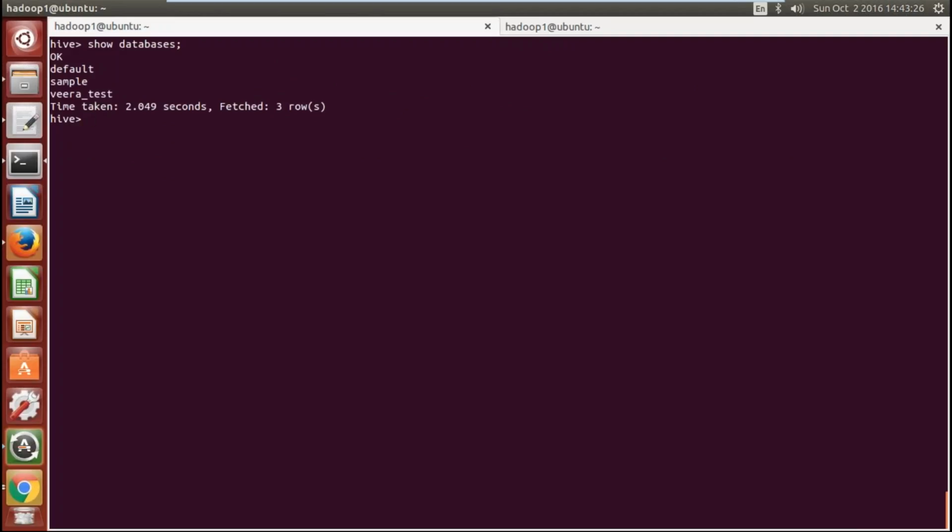So you may not have any databases apart from the default. Default is the default database. Okay, so you can create a database if you want. Create